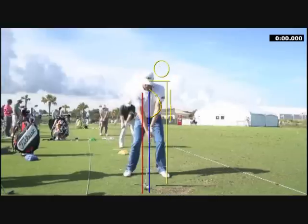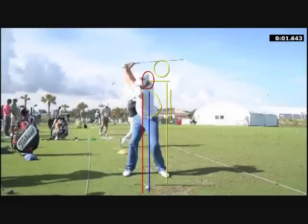Let's see where it was at address. Let's see it at the top. See, it's moving, folks. This is weight shift. And I don't like to pick on systems by all means. I mean, we all work hard at what we do. But I am a strong believer in weight transfer during the golf swing. And I'm not talking Curtis Strange when he was 25 to 30 years old working with Jimmy Ballard. I'm just saying